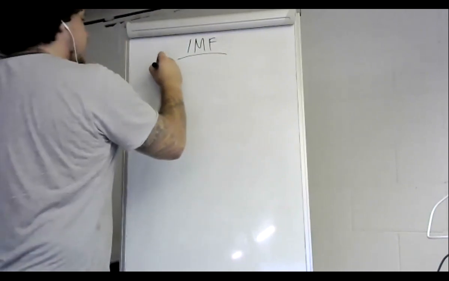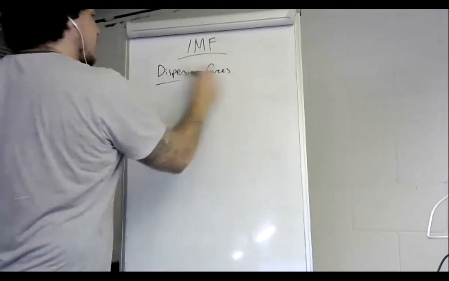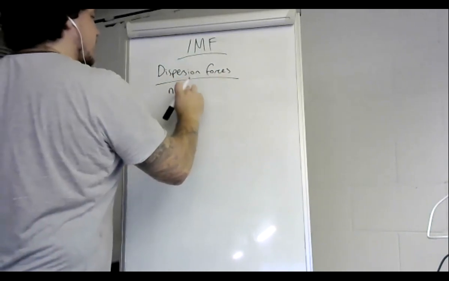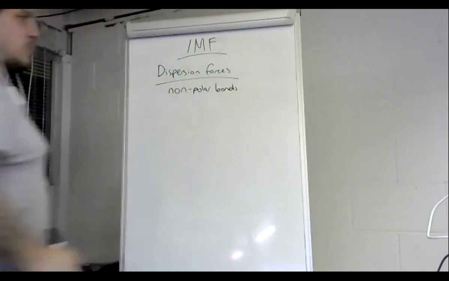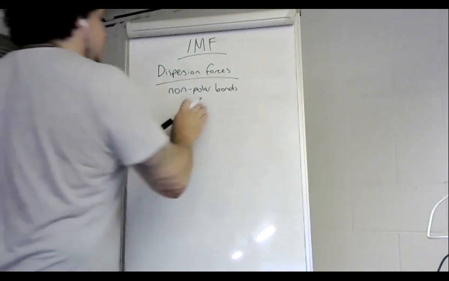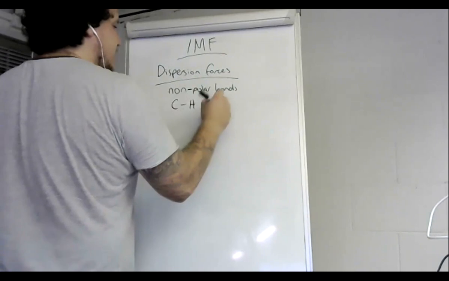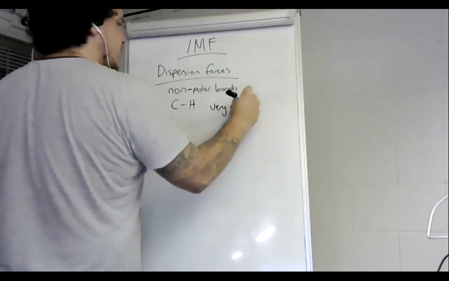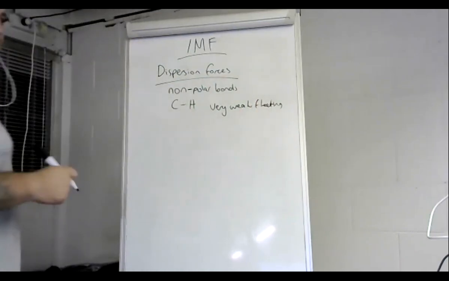So we have dispersion forces, which are non-polar bonds. You will be assessed on this in your exam. So there will be a question on intermolecular forces, probably even just a multiple choice one, but it's something that you really need to understand. So non-polar bonds, carbon to hydrogen, very weak, and fleeting, result from random